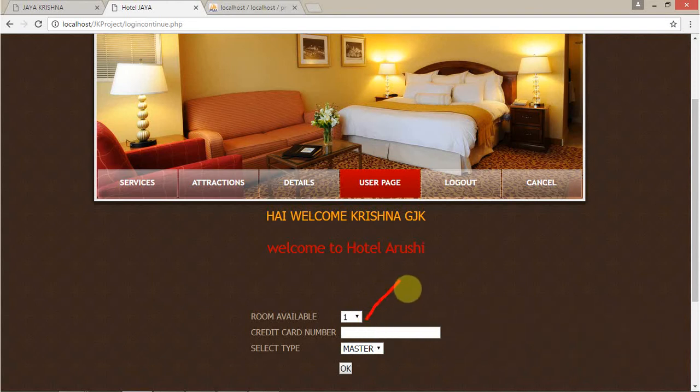So this page is an EO. Why? Because in the previous page we entered the check-in date and check-out date, and it is providing the rooms available for those dates. This page is from the database, right? This is EO. And we want to enter some credit details and select some data from the database, right? So here